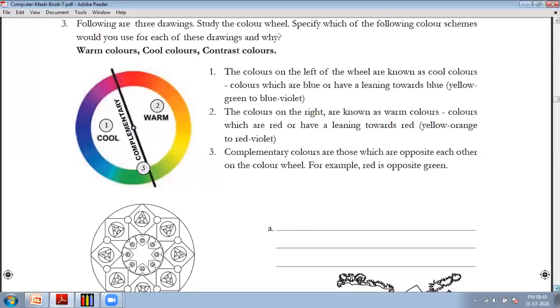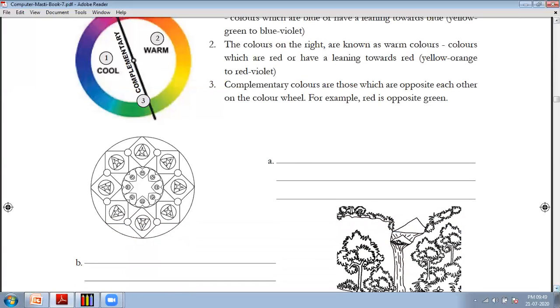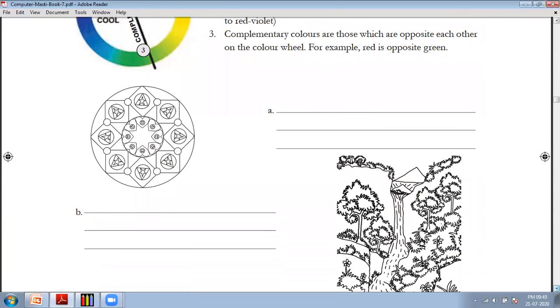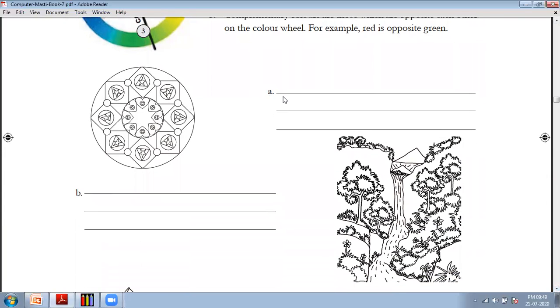So here you have to identify which color scheme is used for the picture. For this picture, we'll use complementary colors because this drawing looks best with complementary colors, as it enables each part of the drawing to stand out from each other while adding to the overall effect.